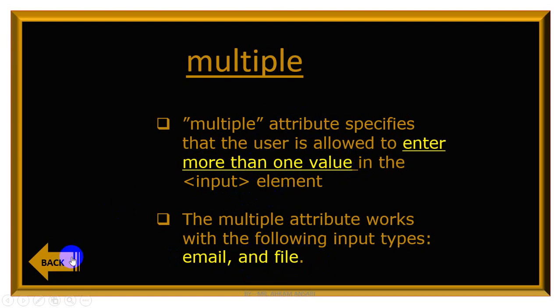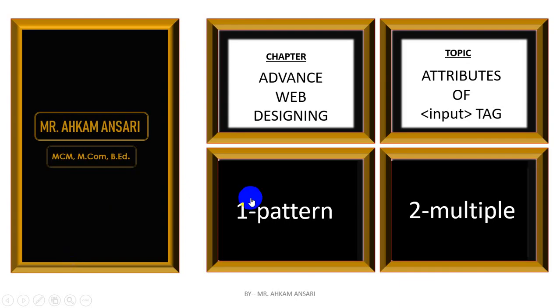Okay, so let's have a look at programming, how it technically works or how it functionally works. So we will start our notepad in which we will create a form. In that form we will take different fields and we will try to accept multiple files and multiple email IDs. So in that case we require three text boxes. Mainly we can do it in two, one for email and one for file, but we will create three input boxes.